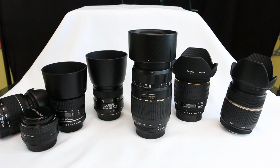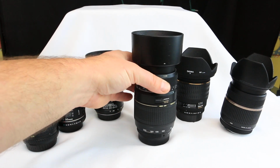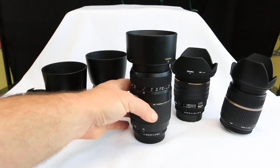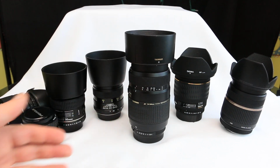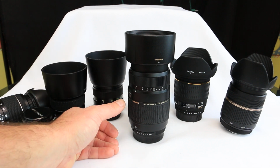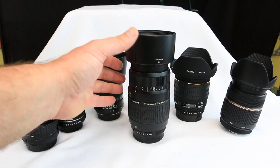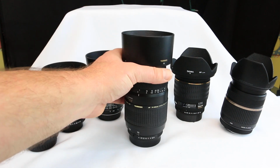Another one is cheap. This is a Tamron 70 to 300. It's got a little macro feature. If you don't know this, a lot of people say this lens isn't that sharp, but this will work in full frame as well. But this lens is decently sharp for the price,